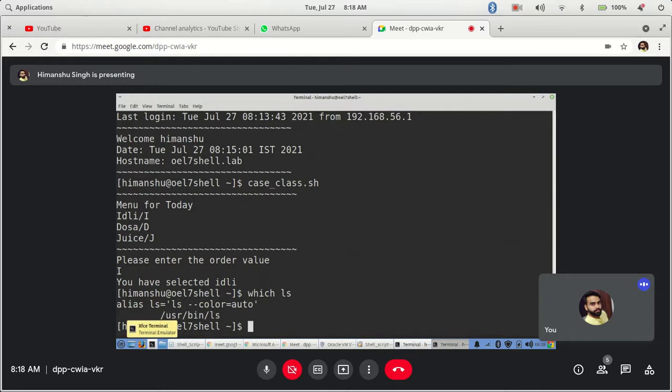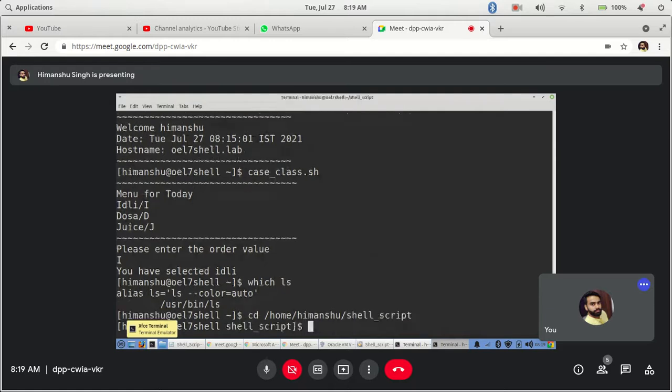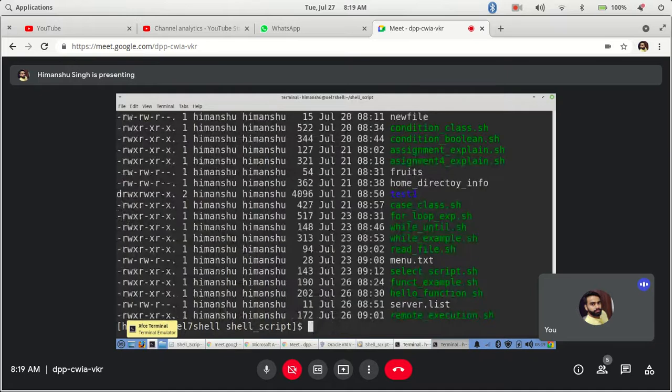And you just have to do it once. Let's say every time I have to go to home Himanshu shell script, every time I do like this, I have to do the whole cd command. Rather than that, I want to make it a little easier for me to work on it.